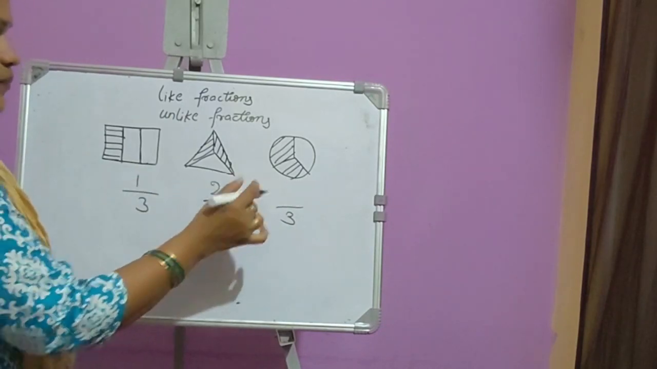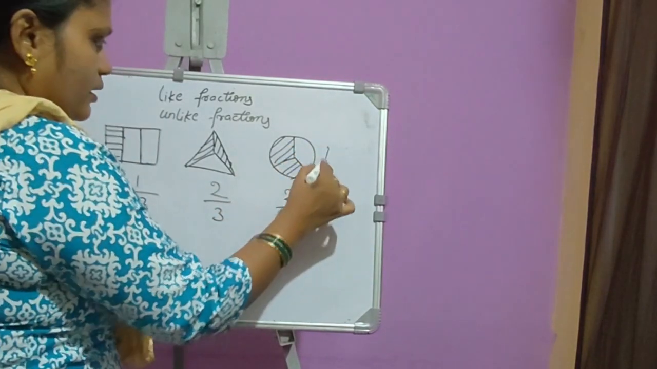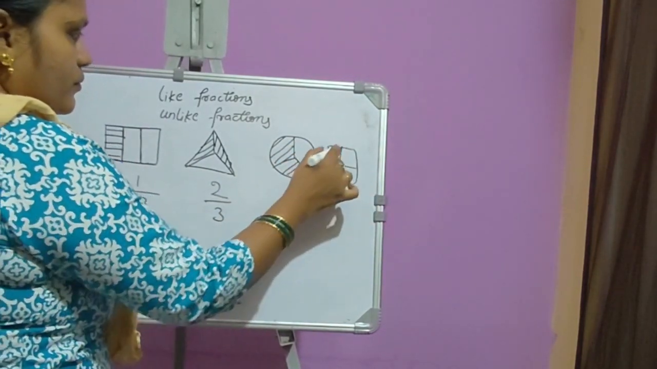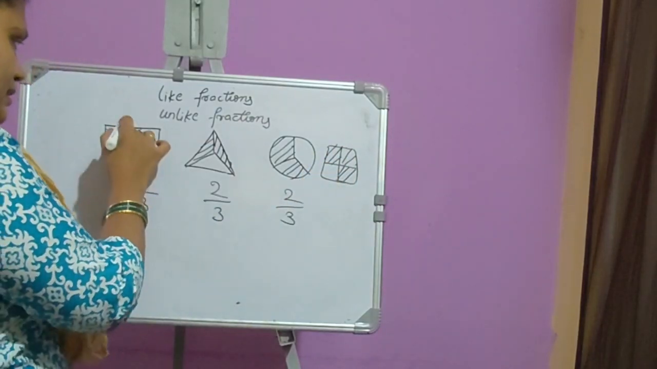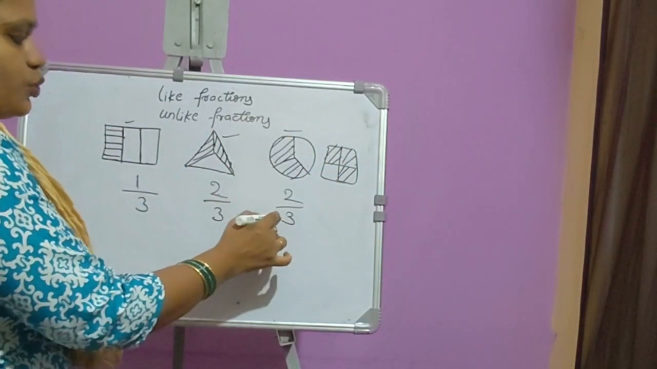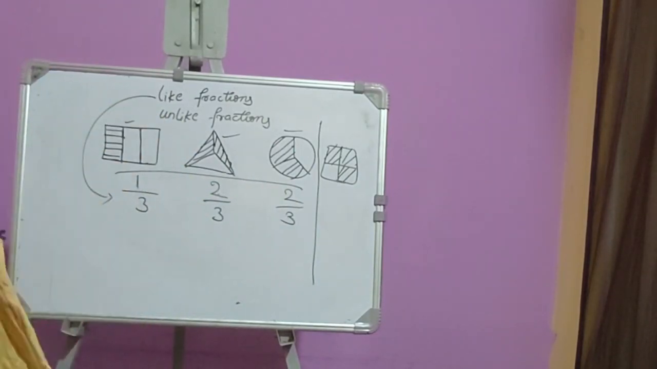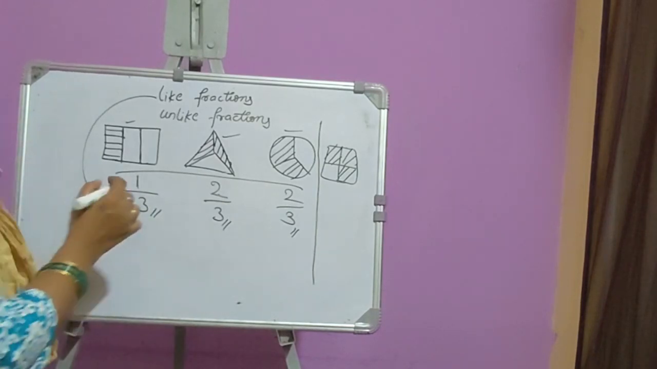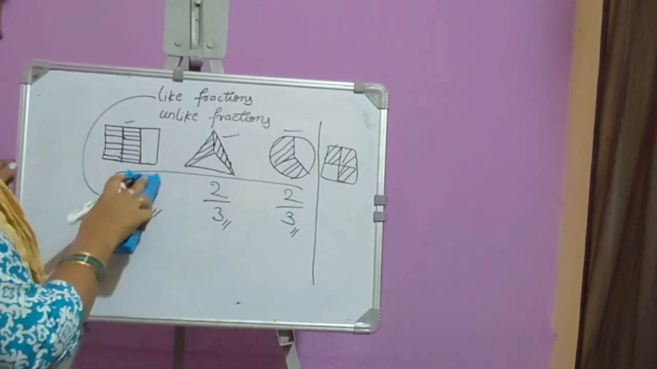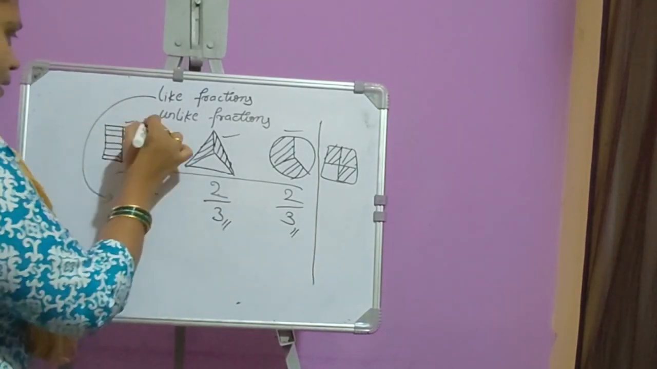Okay, further if I consider a square where I shaded three parts out of 4 parts. So if I consider the first three figures, in all the fractions, the denominator is 3 only. Such fractions we call like fractions. Okay, now you consider